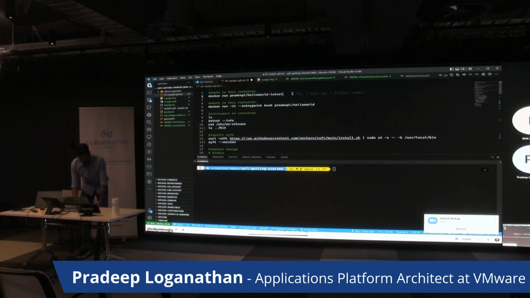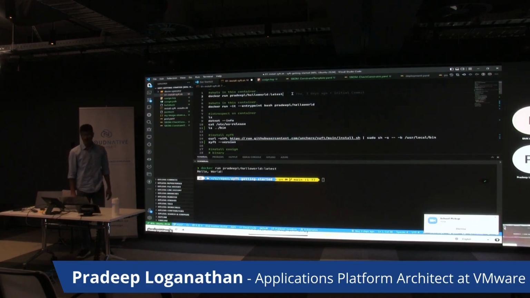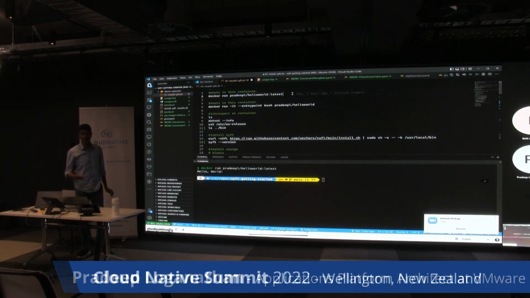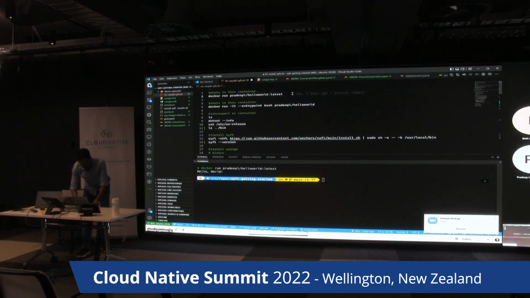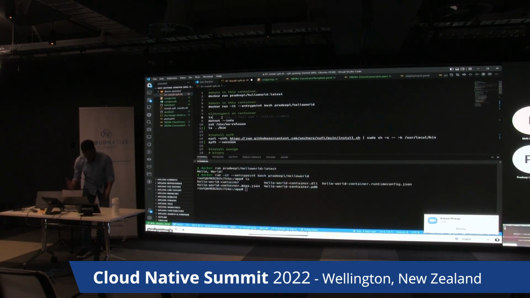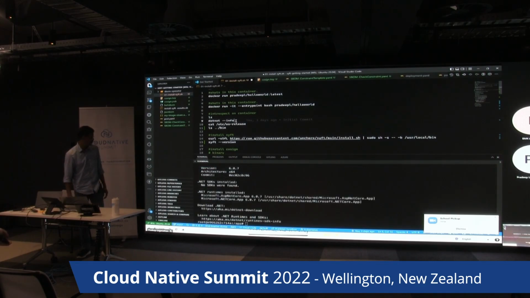Okay, I've got a simple container doing nothing much, the obligatory hello world container. If I want to understand what's in the container, currently, let's forget the fact that we know about SBOMs right now, the only way we can generally do it is by jumping into the container. I would generally run a bash on it and ask, okay, what's within the container? There's nothing much over there, but I know that it's a container which is running a .NET application. So I could ask, okay, what's the version?